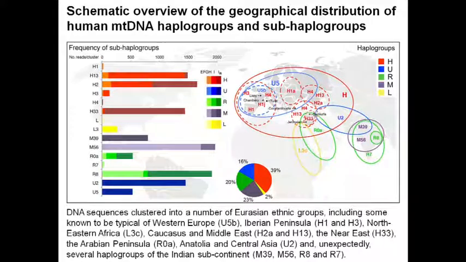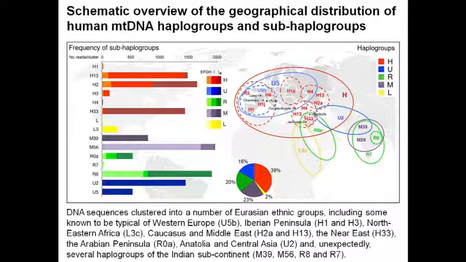This is another original figure of the paper showing a schematic overview of the geographical distribution of human haplogroups and sub-haplogroups. Our data suggests that DNA sequences can cluster into a number of Eurasian ethnic groups,